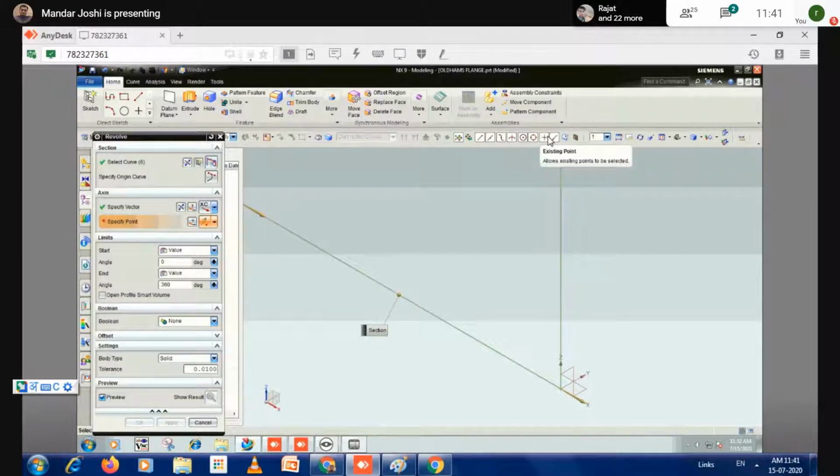It is similar to ZWCAD. There is object snapping option. To pick exactly start point or end point or middle point, you have to turn on these options. Otherwise, the points will not be highlighted. So now I'm selecting this point. Do you see the blue point there? Yes, sir, we see this blue point.